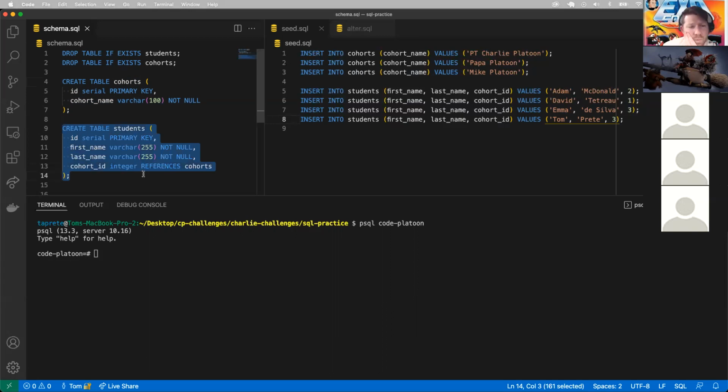And I'm going to say, hey, I want all the students where the cohort ID equals the students dot cohort ID. So let's see if I can remember how to do this. So select everything from cohorts join students